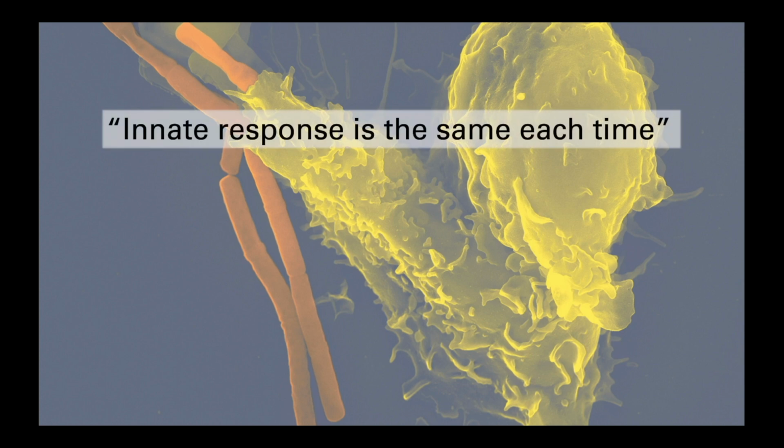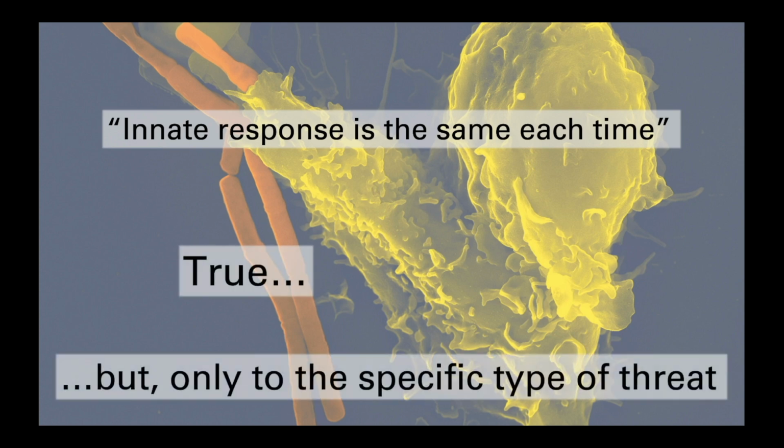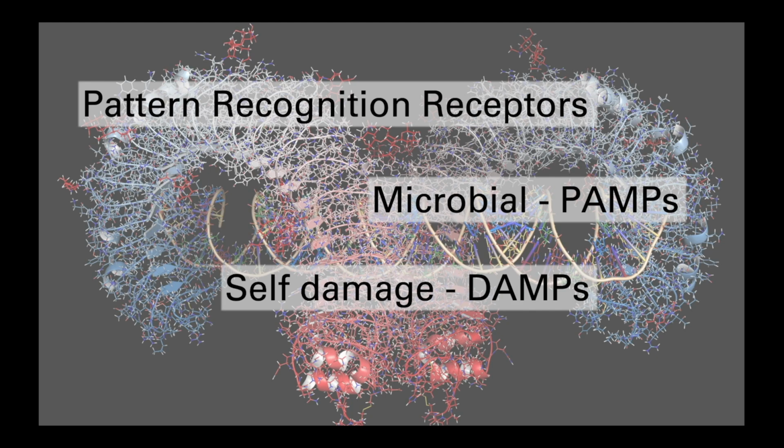Now, we said that the innate response is the same every time a pathogen is encountered. But that is a bit of an oversimplification, because there is variability in the type of response that is mounted. So while the response to a gram-negative bacterium is invariant, the response to a virus would be very different. This selectivity of response is driven by a series of receptors called pattern recognition receptors, which can recognize two main